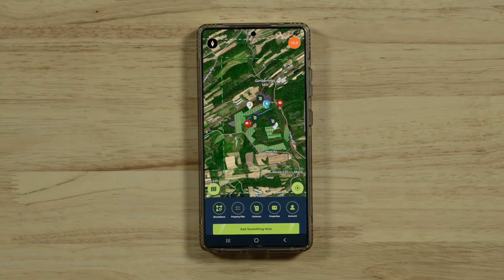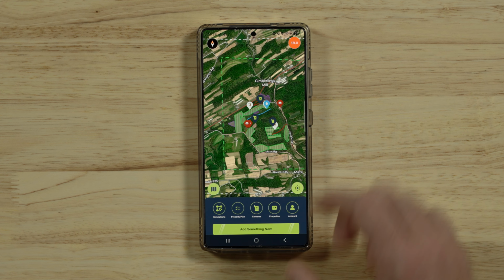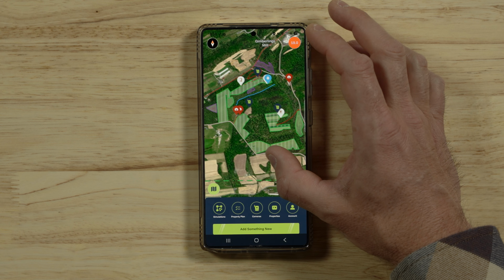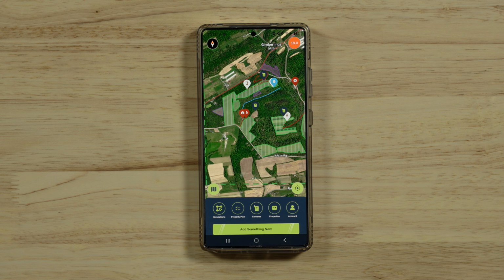The most important functionality within the app to get started is going to be building out your baseline property. And you're going to do that by using this add something new button in the bottom of the app. So as you can see, I've added some elements to my property, but there's more that I have to do. So if I click add something new,